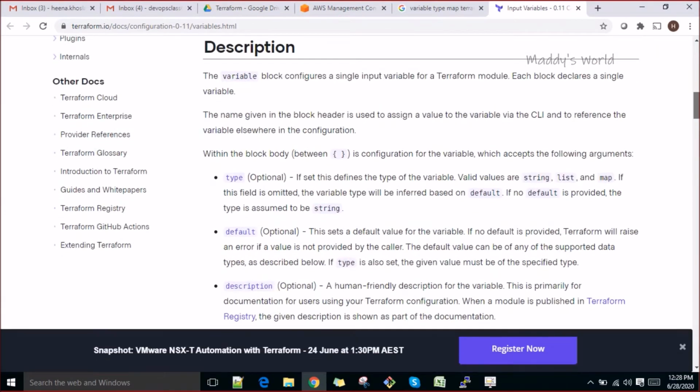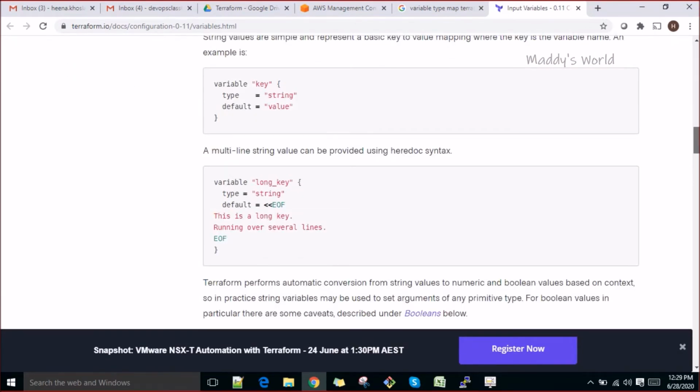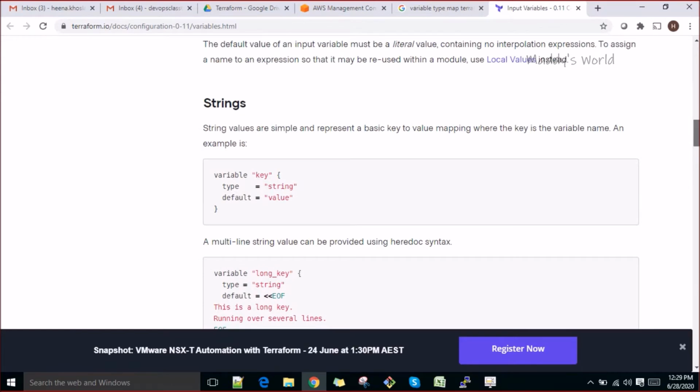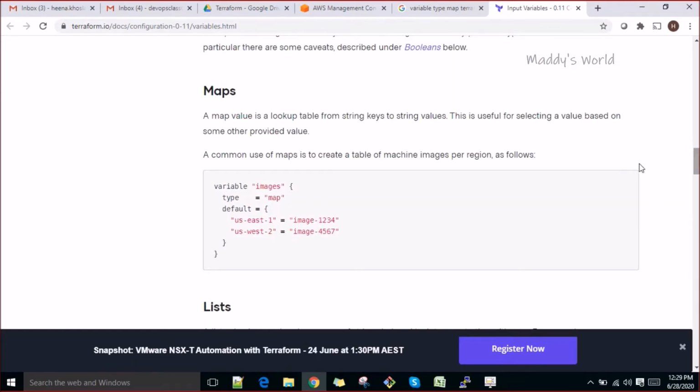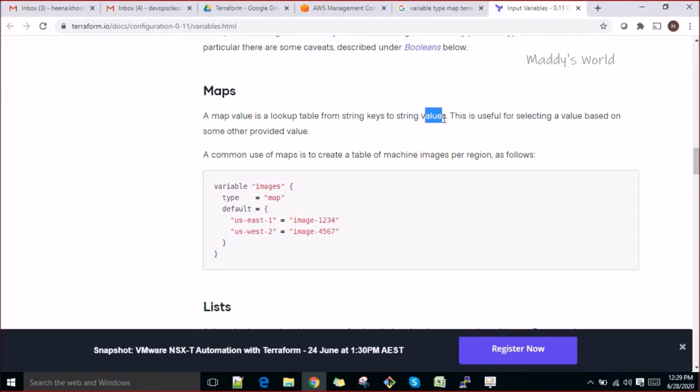Let me see if it is defined here. Okay, I think it's not. Here is the map. A map value is a lookup table from string keys to string values. This is useful for selecting a value based on some other provided value. A common use of map is to create a table of machine images per region.